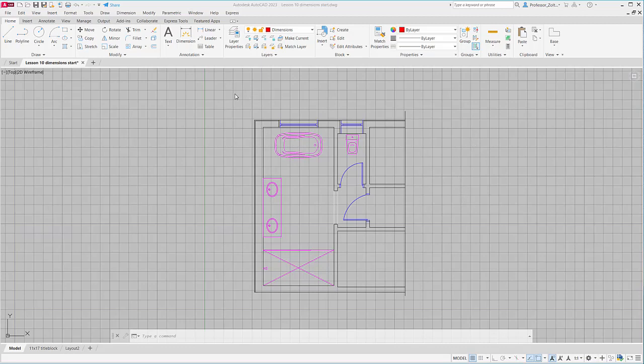So there are two different ways of doing dimensions. We can use annotative dimensioning, which requires us to dimension within a viewport, or we can use layer dimension and actually control the dimension scale itself. Either way, we have to go through a process where we create all the settings so that our dimensions look